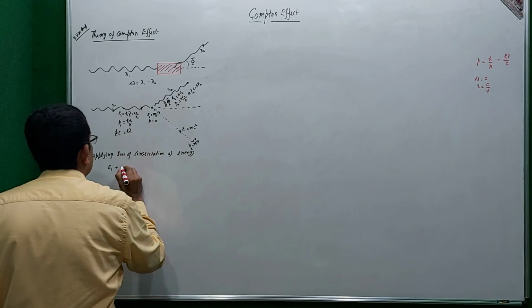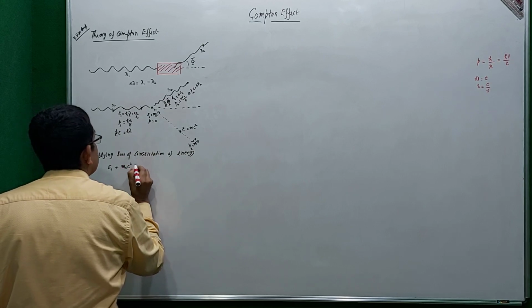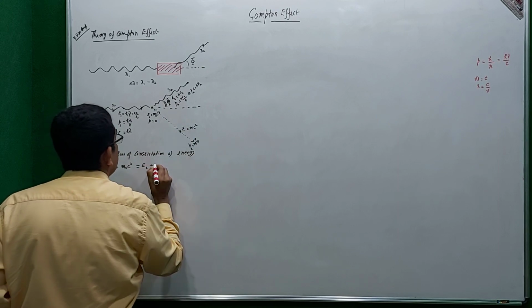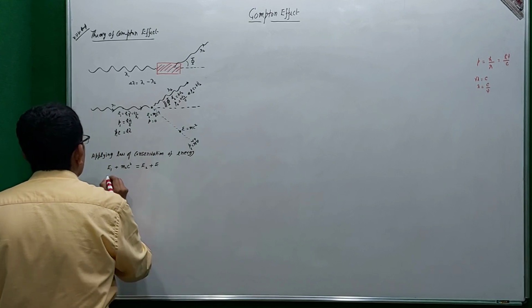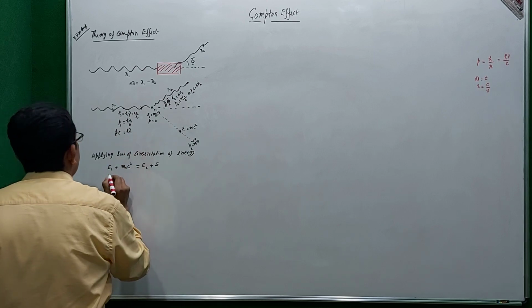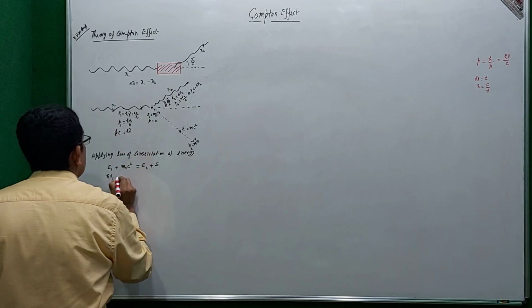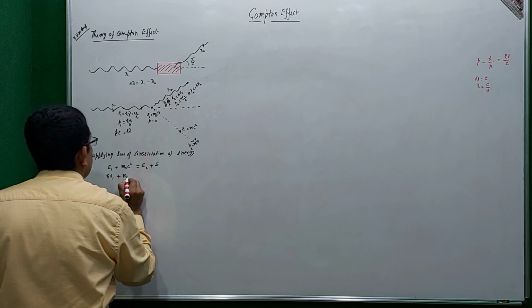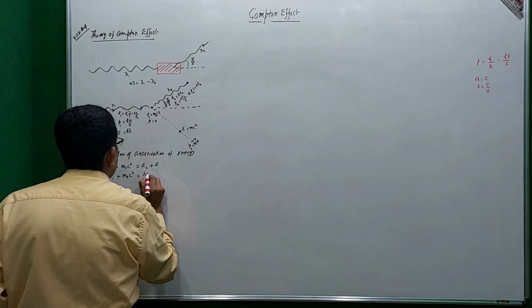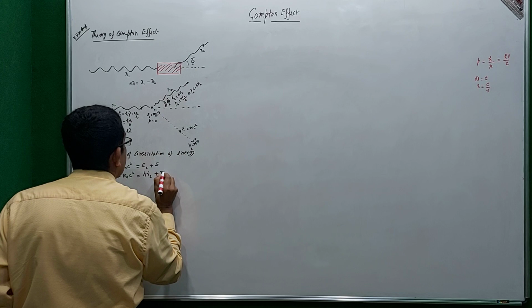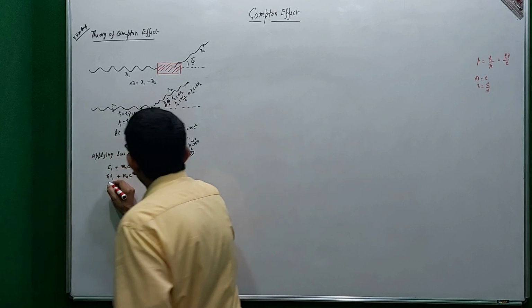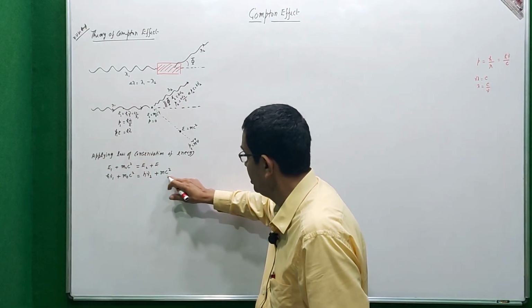The m naught c square, equal to E2 plus the energy of the recoiled electron E. This is equal to E1. I can write E1 as h nu 1, plus m naught c square. E2 equals h nu 2, plus E equal to mc square. So we can write h nu 1 plus m naught c square equal to h nu 2 plus mc square,